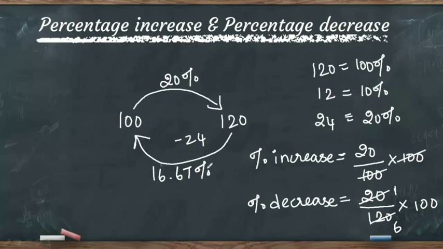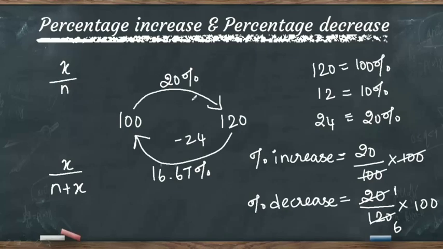That's why I gave you the representation of percentages as decimals and fractions earlier itself. Either you can use this conventional method or you can go with a shortcut. When the percentage increase is x by n, then the percentage decrease will be x by n plus x. I have it in terms of percentage, but I am giving you the shortcut in terms of fractions, right? This is where your representations help you.